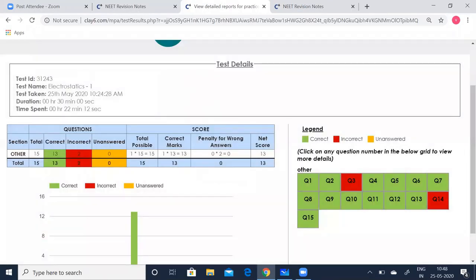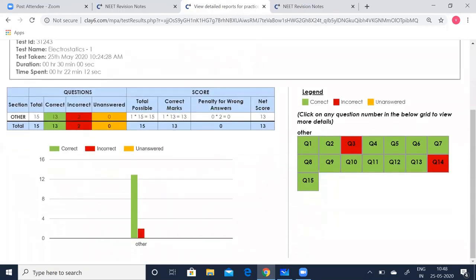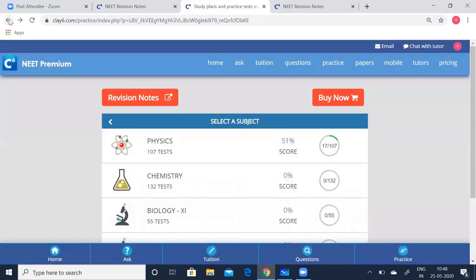Close that. So having known how to access the correct answers and get the explanations, you can also do this. The green one says your answers are correct, and the red one says you have the incorrect answers. You can as well go and access the correct explanation yourself. That also gives you the percentage of your correct answers.